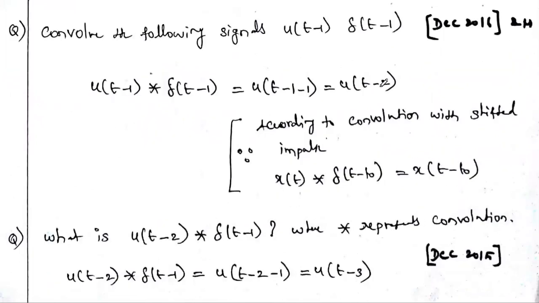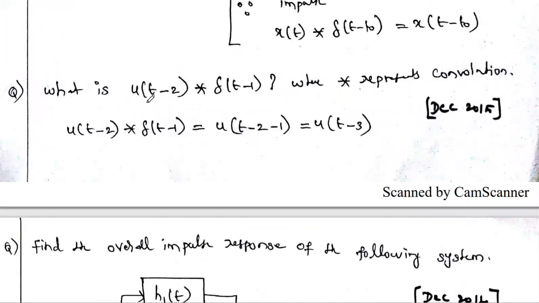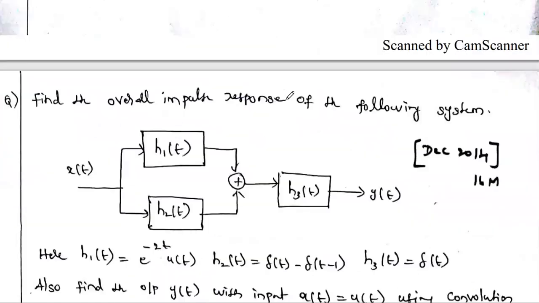Again we are using that same property. And in the next question, instead of the word convolve, they are giving one symbol for convolution. So what is the answer for this one? We have to perform it. So the above 5 problems are similar problems only. The way of asking the question is different.